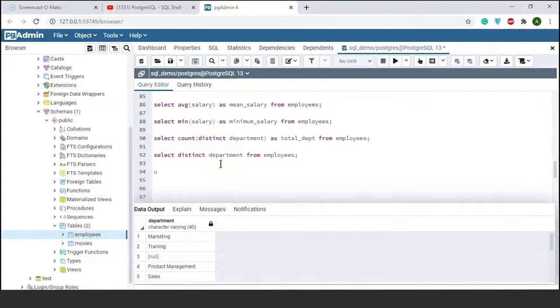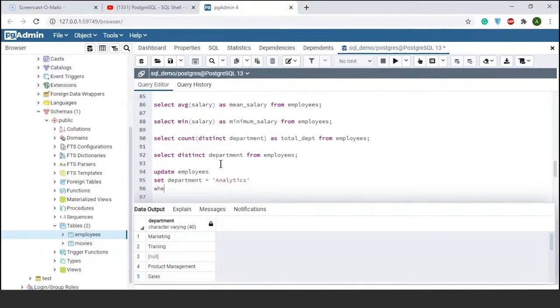Earlier we have also learned how to use the update command, so I'm going to show it again. We'll write update followed by the table name, that is employees. I'm going to set my column, that is department, equal to, within single quotes, analytics,